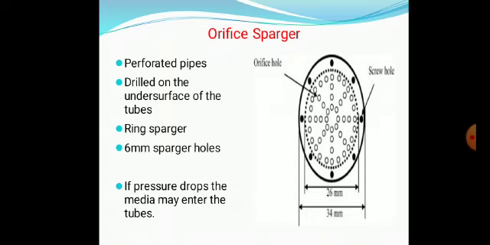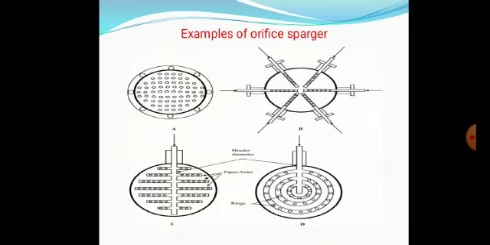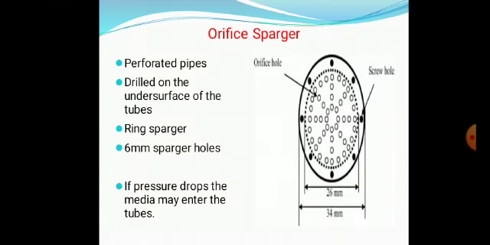But still these are the problems faced with orifice sparger. The next type is, okay, this diagram, some more examples I have given you of how the orifice sparger looks exactly. Here you can see in this diagram different types of orifice spargers, how the holes are arranged in that ring. In the earlier example that I had shown you, it is arranged in a circular concentric fashion.